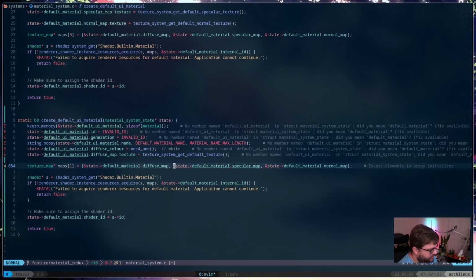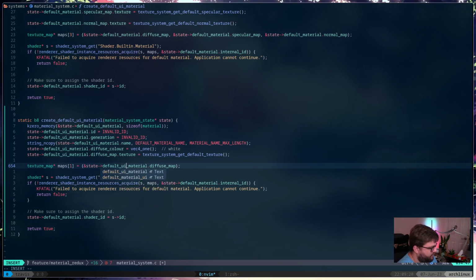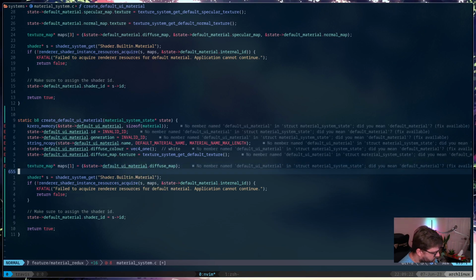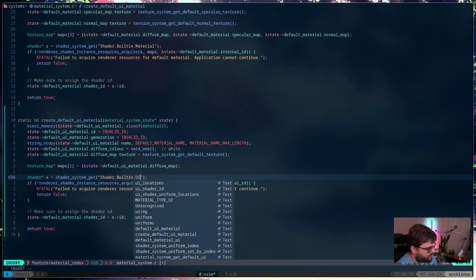So we actually don't need that. This needs to be default UI material. This needs to be shader built-in UI.